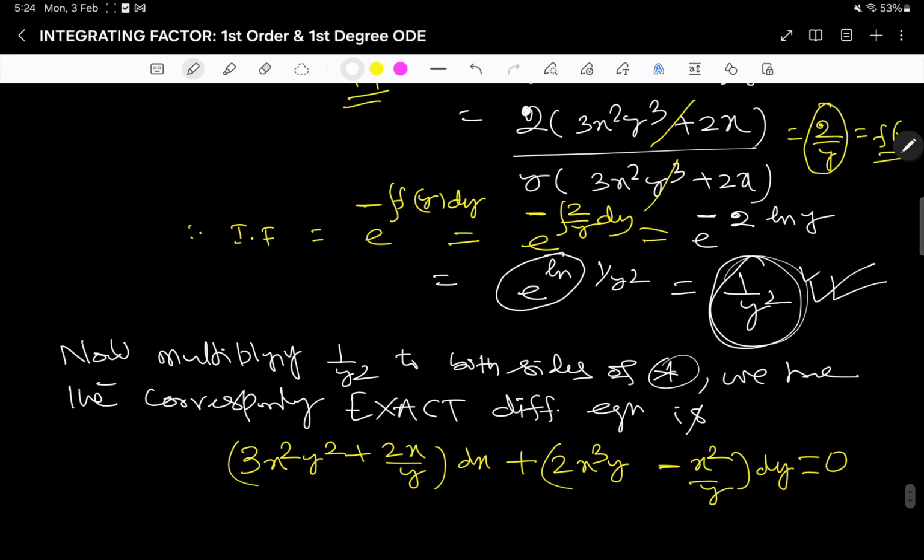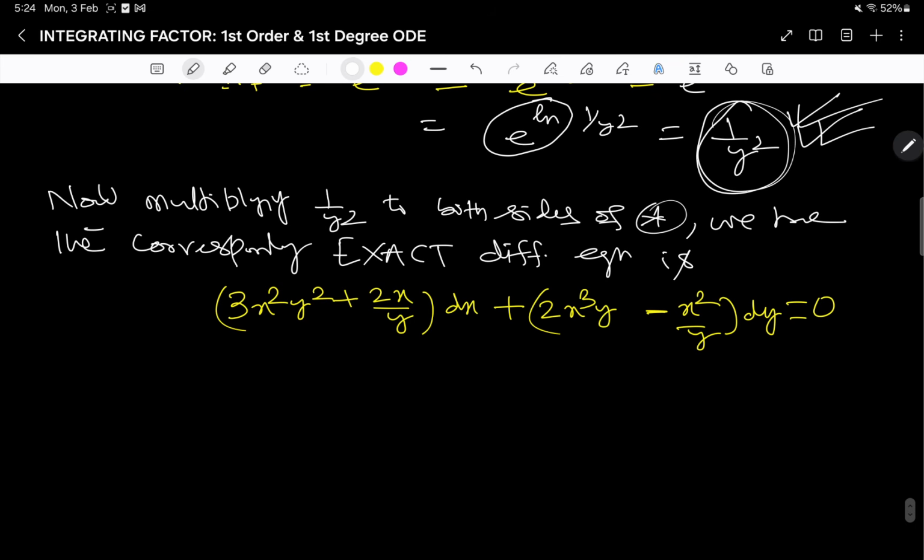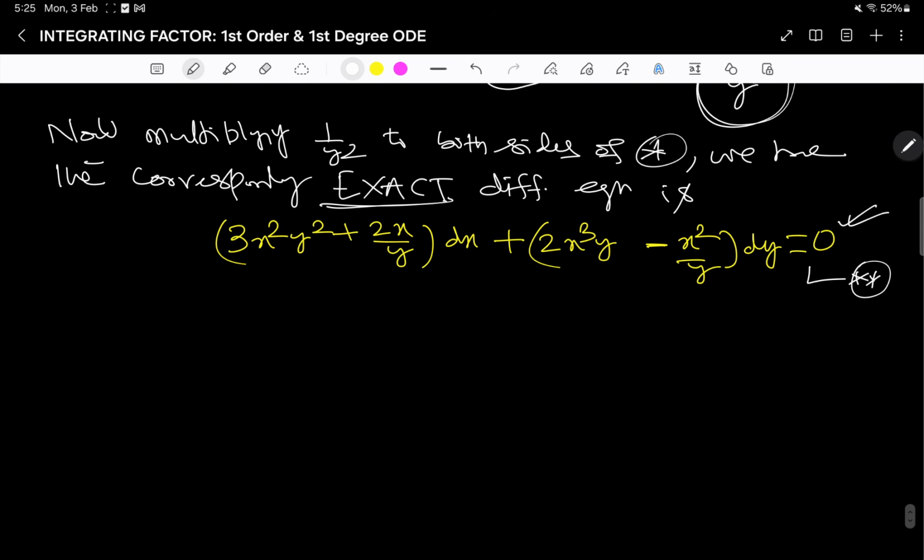Now you see, if I multiply this to both sides, y square is divided, so this is 3x square y square. So now this will be the equation, and it is already exact. It is already declared that it is exact, no need to check it. So thus its general solution